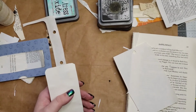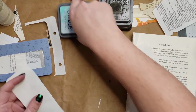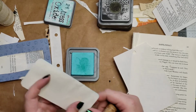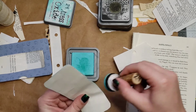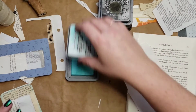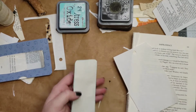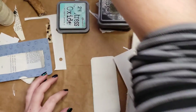I'm super pleased about this, actually. Okay, so I am going to decorate the back because the back needs to be decorated now because it's a journaling card. Alright. That whole thing. There's that one. I've got nature stuff here, so I am going to...